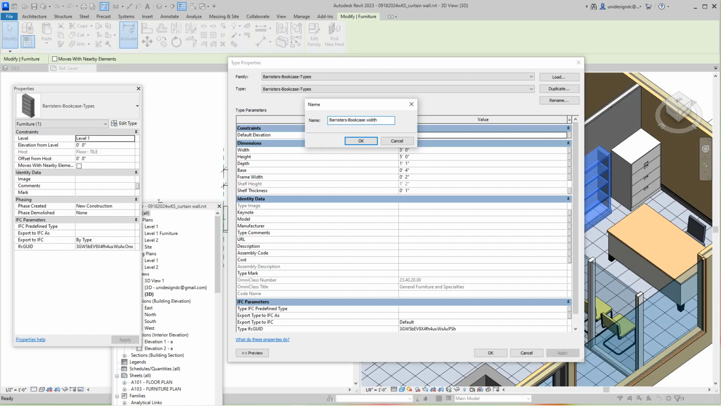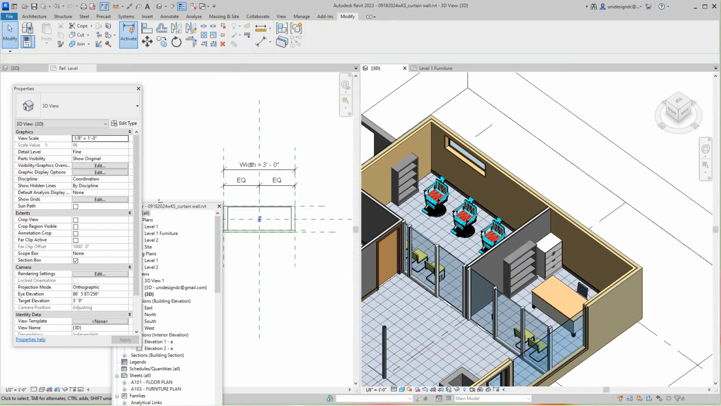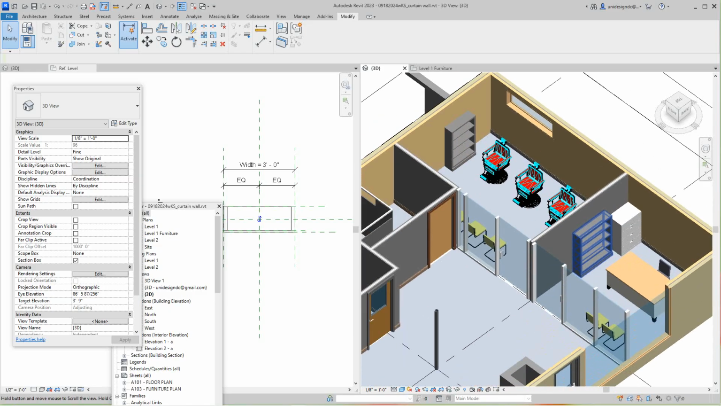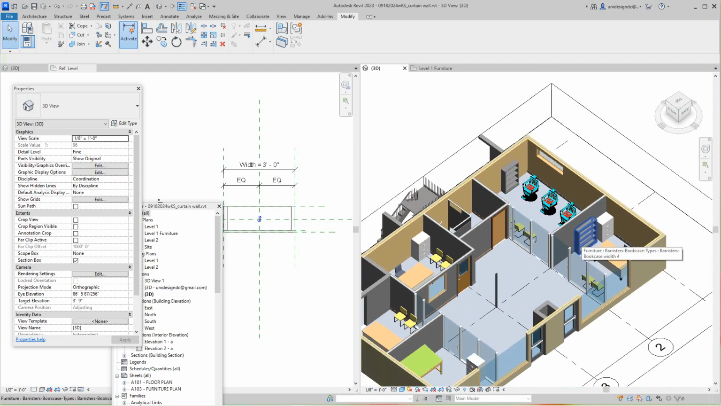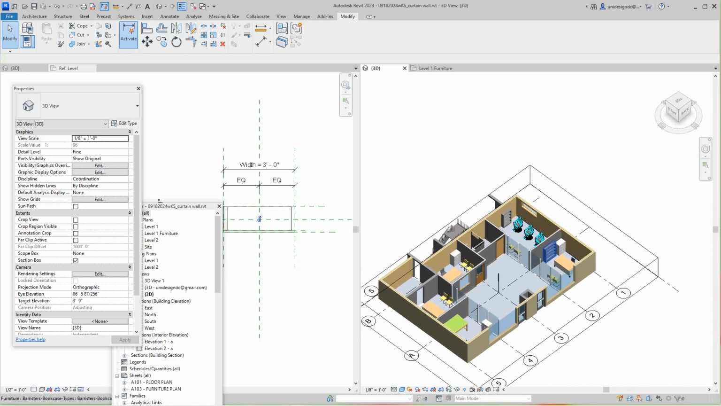Yeah, let's make it 4 feet. Then we'll have to select this and change it to 4 for the width. And we'll go OK. We'll apply here and OK. So there's a different type of shelving unit based on the one we had. We can make it taller or shorter. So for instance,